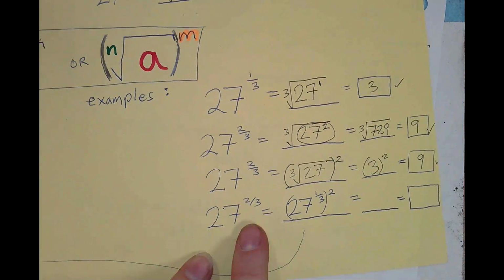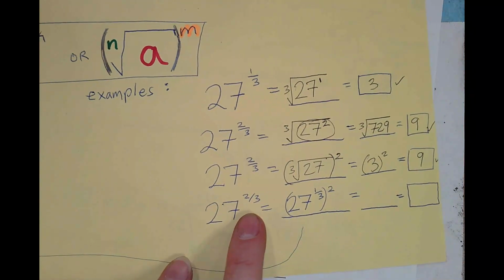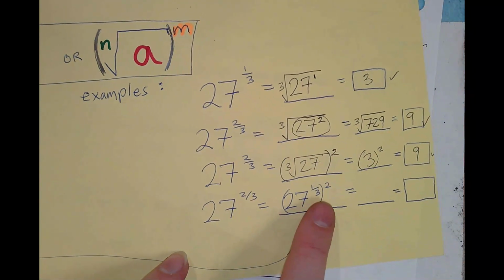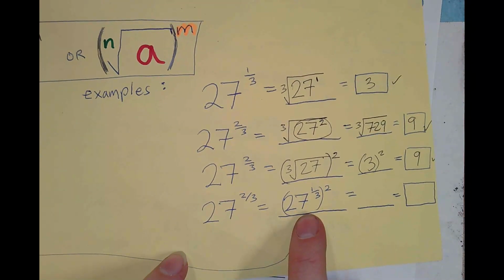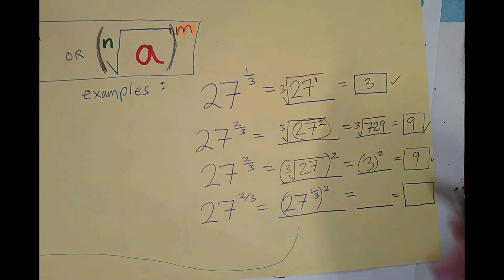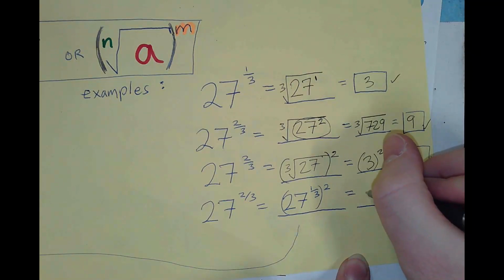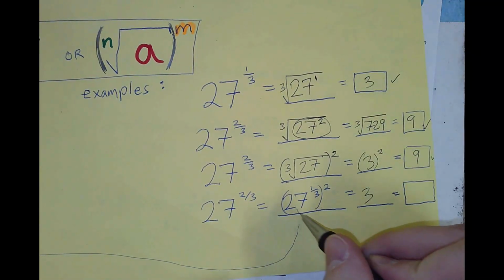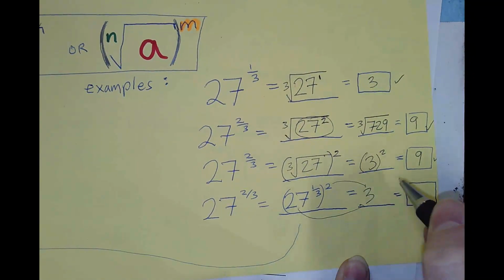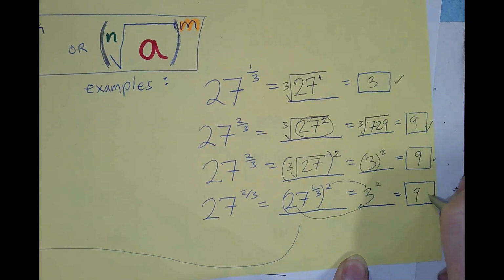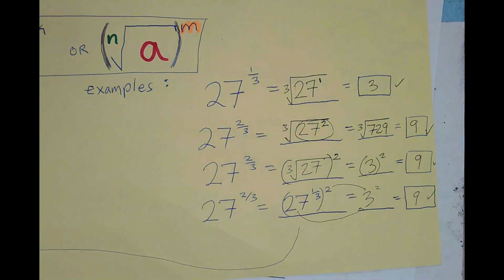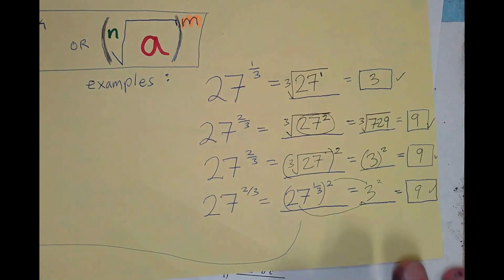An additional way to do this is going to be to rewrite 2/3 as 1/3 times 2. What's 27 to the 1/3 power, right? It's going to be the cube root of 27, which is 3, and 3 squared equals 9. You'll see that there's multiple ways to do this, and that's why I do want to show you